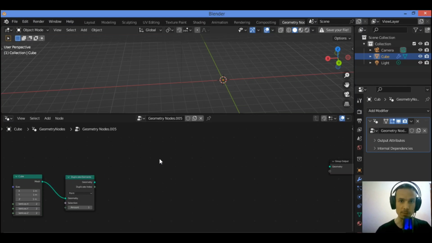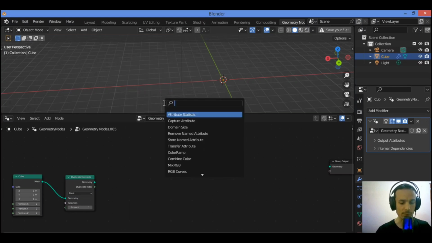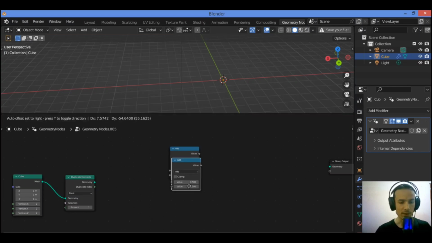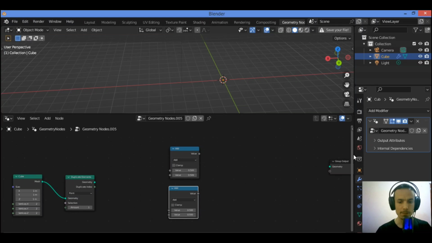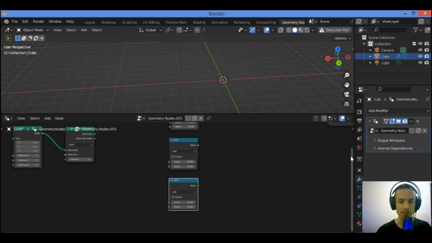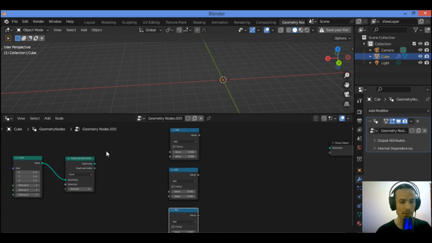I'm gonna be using a math node and set to multiply. Shift A, search for the math node like this. I'm gonna be duplicating it. Shift D and Shift D again to duplicate it and place it over there. So let's see what we should add. We should connect geometry